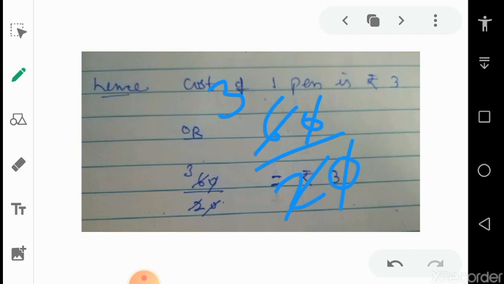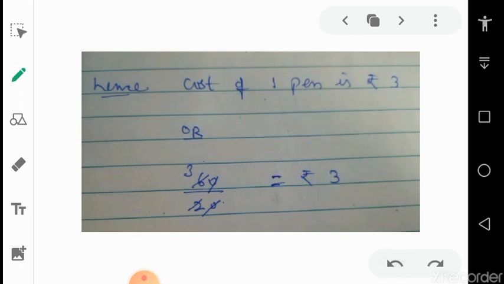By both the methods we are getting the same answer. So in mathematics it is very important and very surprising that we may have 2 or more than 2 methods, but it doesn't matter. If we are getting the right answer, it means our method is correct. All the methods are correct. Some are very short and some are long, but we have to follow the process.